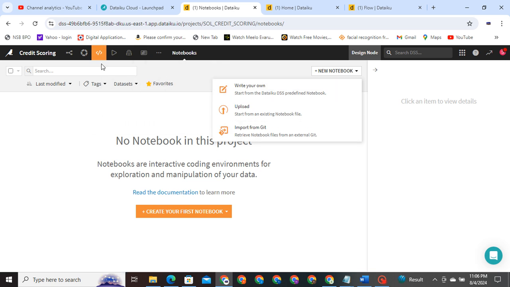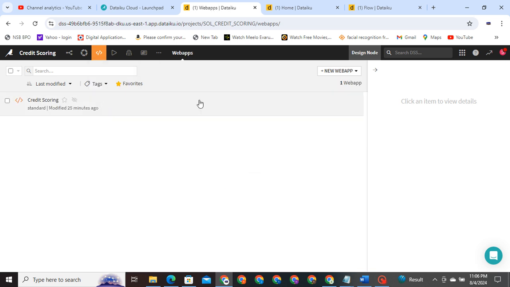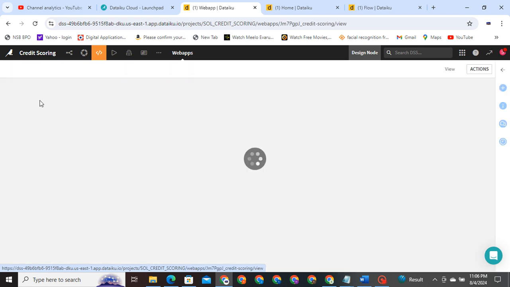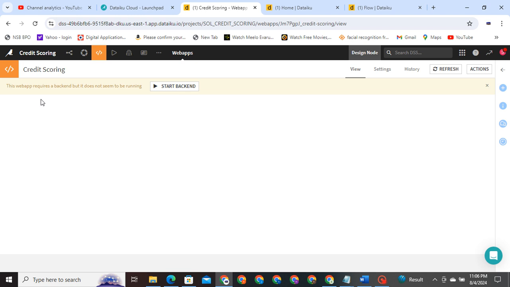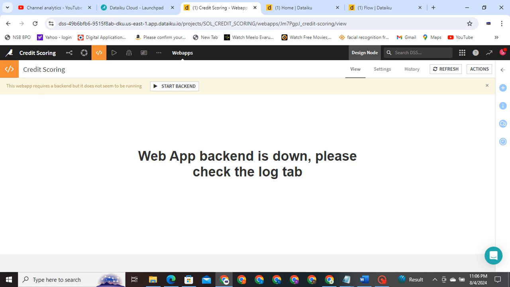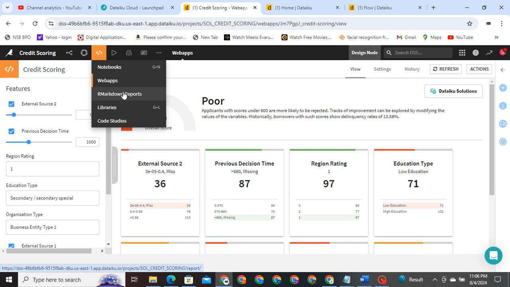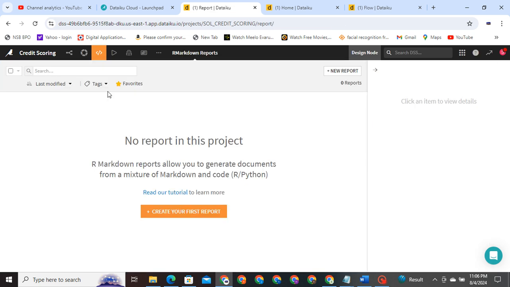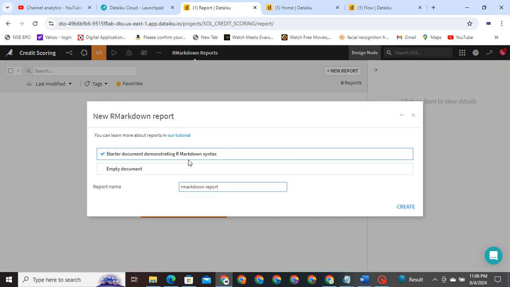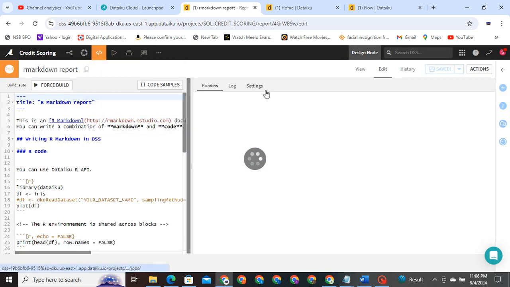Web apps. Build interactive web applications. Creating dashboards, custom visualizations, and user interfaces for data applications. A web app that allows users to input data and receive predictions from a trained model. R Markdown reports. Create dynamic reports that include code, text, and visualizations. Documenting analysis and sharing results. An R Markdown report summarizing data analysis and model performance with